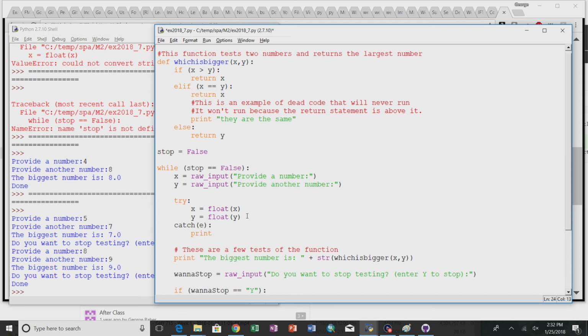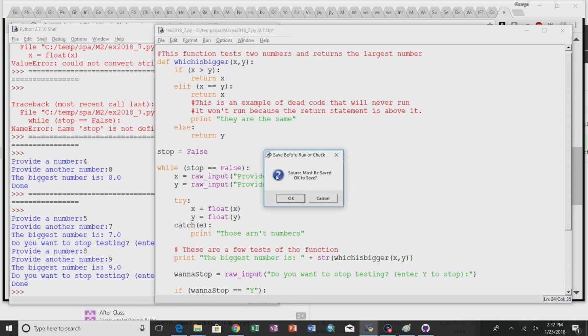And I'm just going to print, those aren't numbers. So now if I run this,